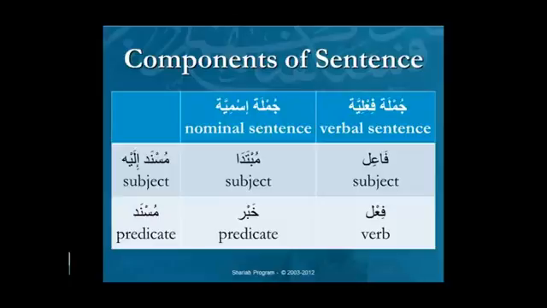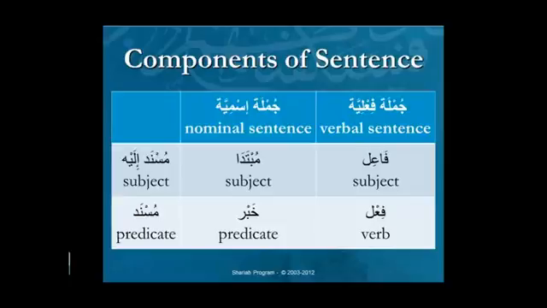Conceptually we understand that this is subject and predicate, but when we address, speak, analyze and parse, we discard the more generic terms musnad ilayh and musnad. Musnad ilayh means subject and musnad means predicate, but instead we opt for the more specific terms. The reason is that when you're speaking about one issue and trying to resolve it, the terms you use within that discussion should be specific to it and should not conflict with the terms you would use in the other discussion, tackling the other issue, providing a different solution. Since the issues are separate and the solutions of each are different, terminology should also be specific. And this is something you will hear nowhere else, the way I explained it here.